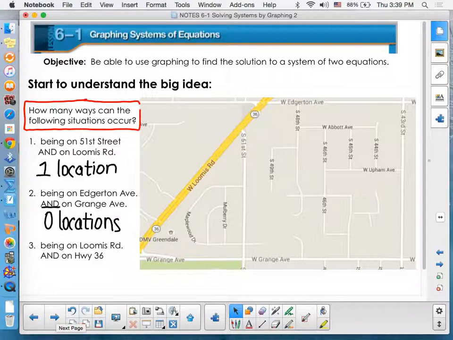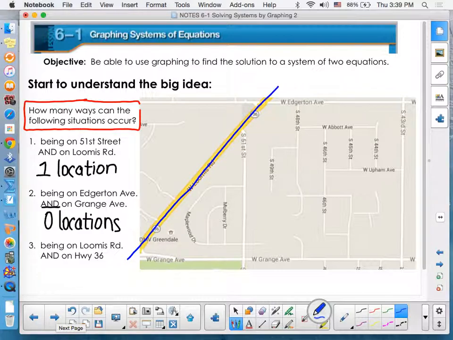And finally, it asks where I could be on Loomis and on Highway 36 at the same time. So Loomis is right here, but if you notice, it's also labeled as Highway 36. That's another name for that road. So if I were to put in a line for Highway 36, it would be right on top of the one I had just put in for Loomis. So how many different ways can I be both on Loomis and on Highway 36? Well, I can't even begin to count all the different places. So in math, we would say, well, there's infinitely many places that I could be on both roads at the